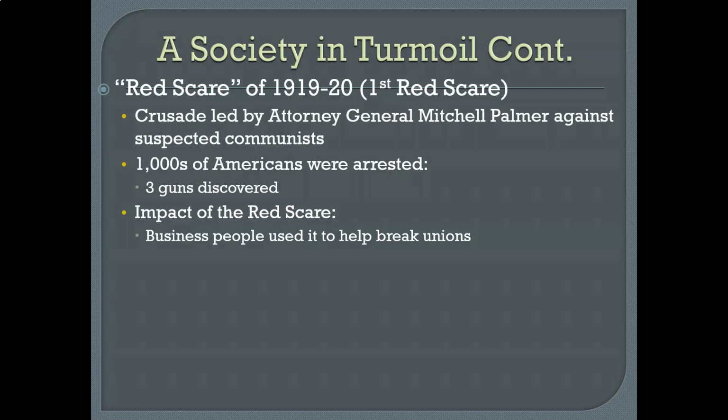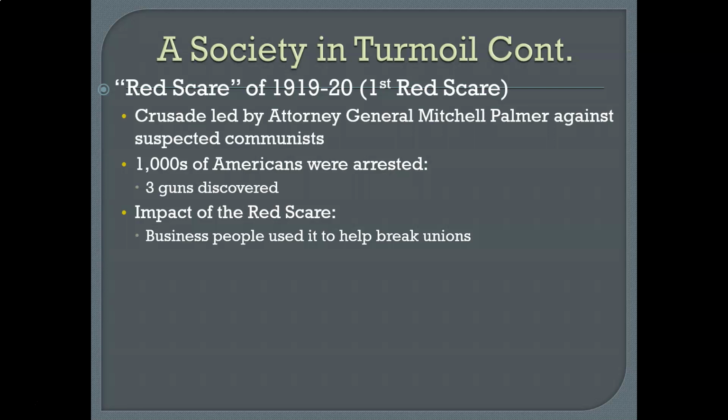Spontaneous acts of violence against supposed radicals occurred in some communities, and universities and other institutions tried to expel radicals from their midst. On New Year's Day, Attorney General Mitchell Palmer and his ambitious young assistant, J. Edgar Hoover, that's important to note, orchestrated a series of raids on alleged radical centers throughout the country and arrested more than 6,000 people. Most of those arrested ultimately were released, but over 500 who were not American citizens were summarily deported.